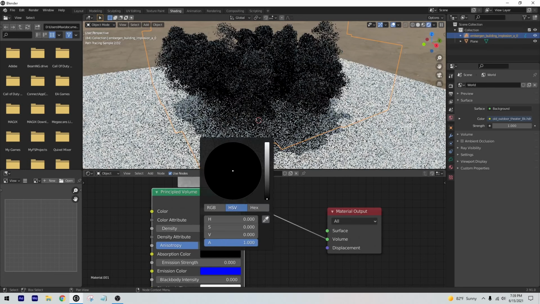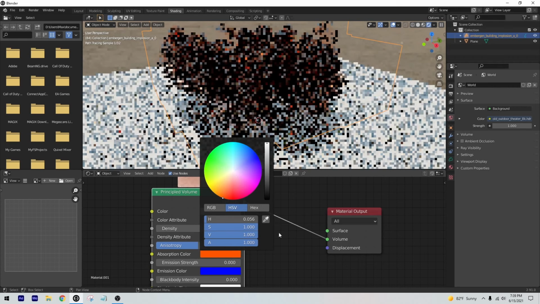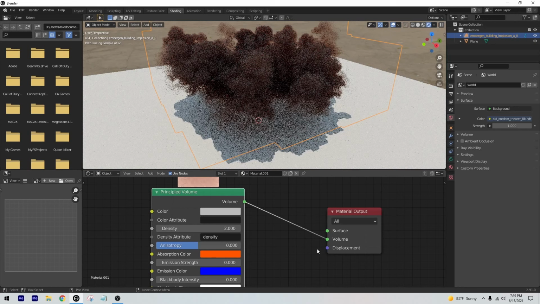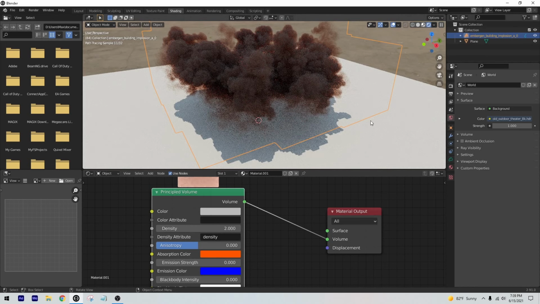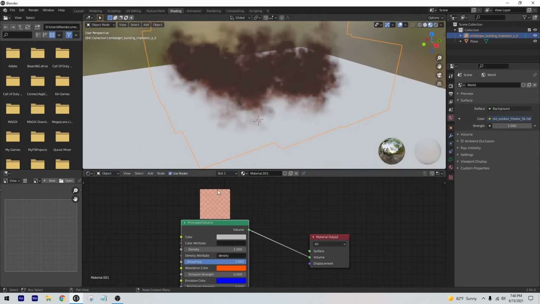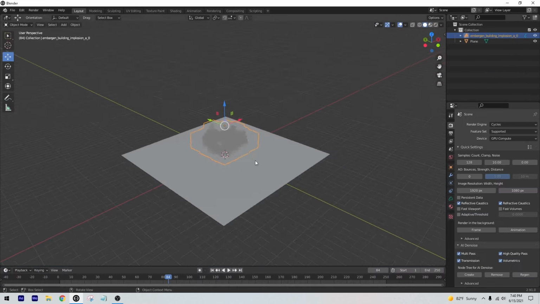So that's about it, I believe. And then there's also absorption color, which is kind of like a secondary color within the smoke. So it's pretty much what it is. If you go back into EV, this is a very rough adjustment thing of it. But yeah, that's pretty much how you can use VDBs in Blender